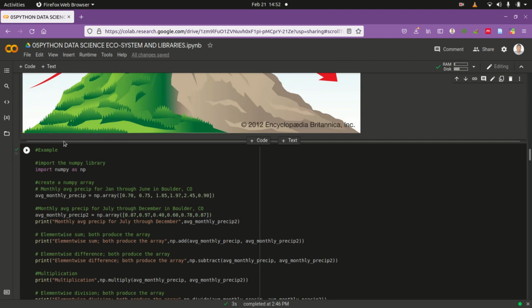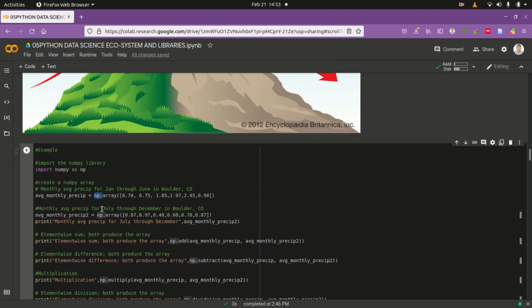So as you import Numpy, it means you have imported all the modules in the Numpy library, and we are importing it as np just to shorten it, because some packages have long names. So anywhere you see np, it means it is Numpy. Now we give ourselves a group of figures for average monthly precipitation